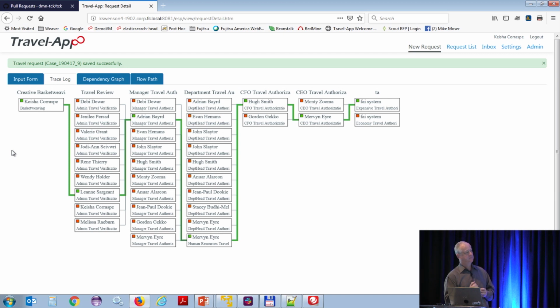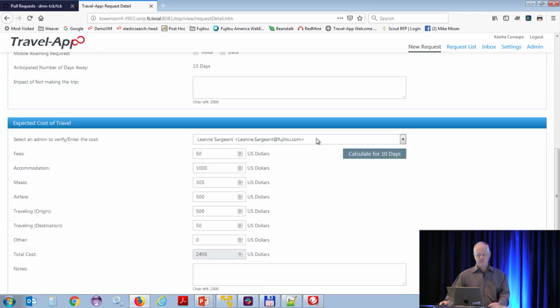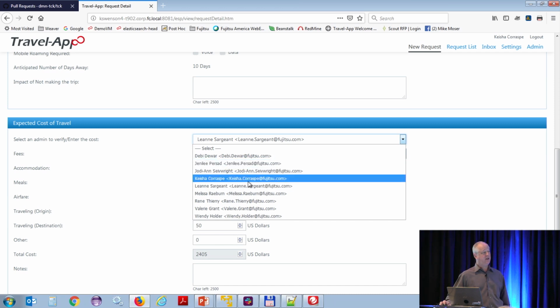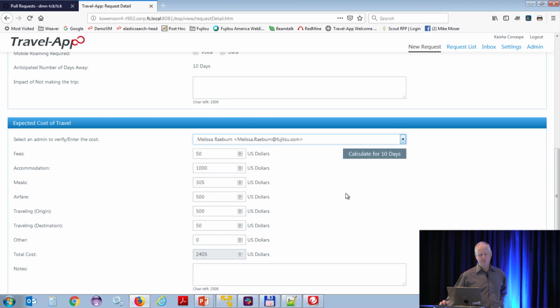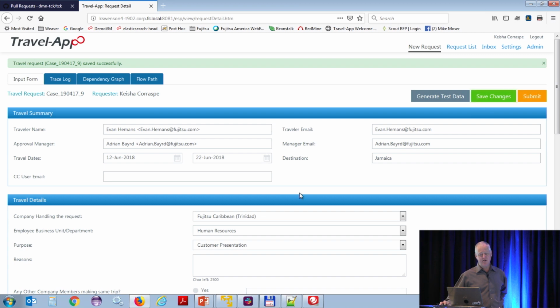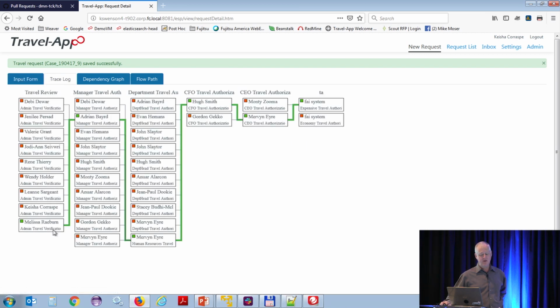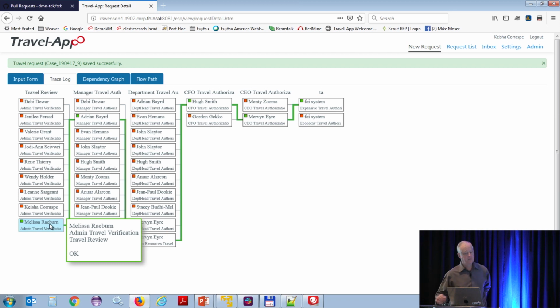But if you want to manually set one of these, say, I know you picked Adrian for this one, but I really want it to be Evan. Yeah, that's what we're doing in this particular selector: selecting the person that's going to do the task. We made that a data item in the form, and if I pick Melissa and save the changes, the new generated process will now have Melissa doing this step. Okay, and that's going to be fixed, you're not going to reevaluate that later? If it's part of the data, no, that becomes fixed. Okay, all right, I have a bunch of questions, but I'll let other people ask them.